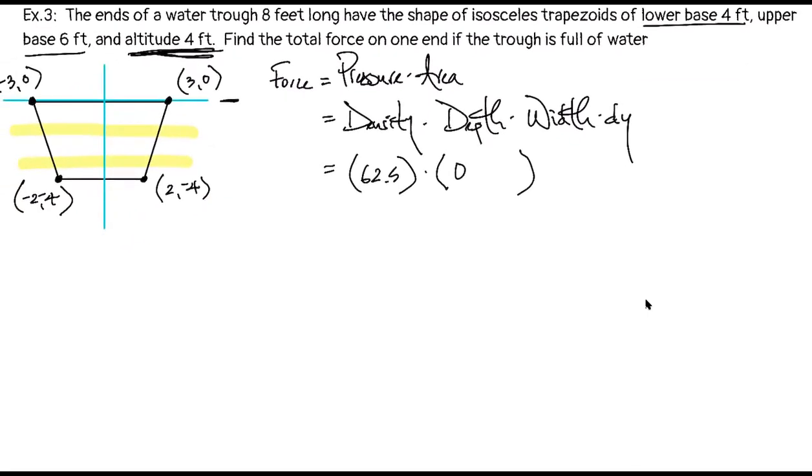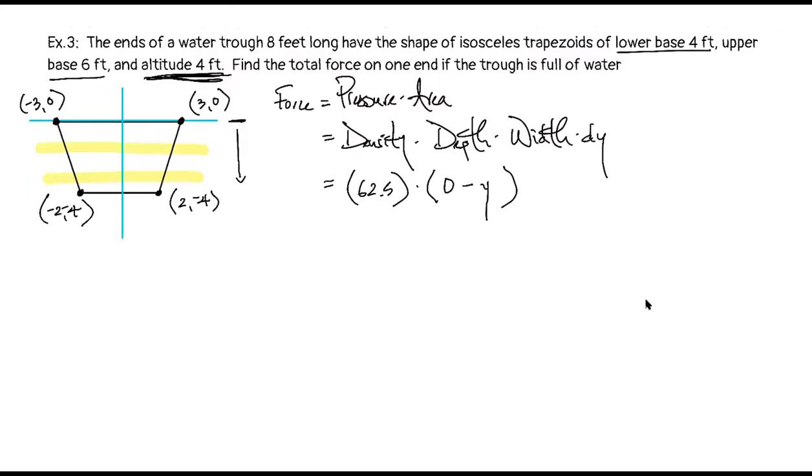And when I go down from here, let's think back to our top minus bottom from when we did area in integrals. So the top curve is 0. The bottom, we're taking away a given y value. So 0 minus y will give us our depth for this setup, okay? If you had that x-axis at the bottom though, you could just keep it as y instead of 0 minus y because you'd be going up from the bottom.